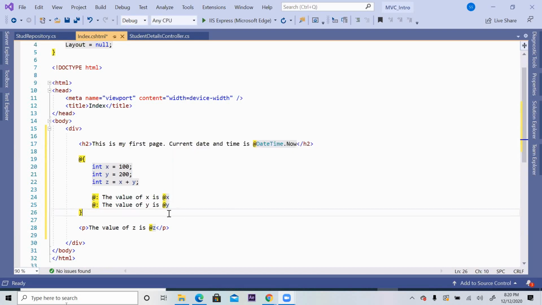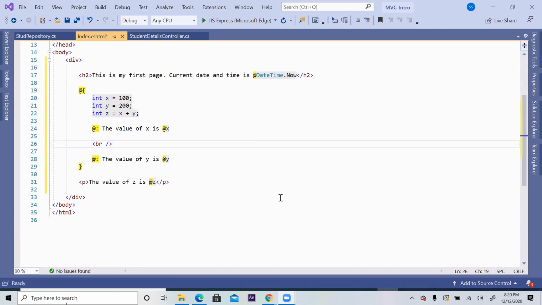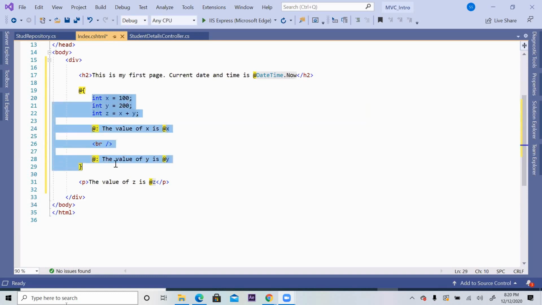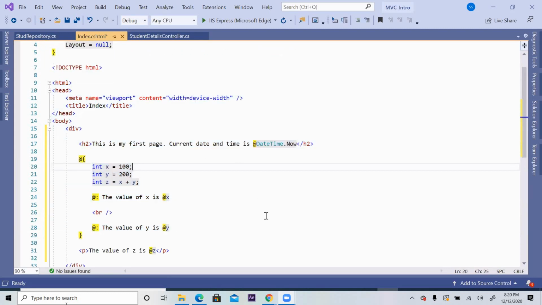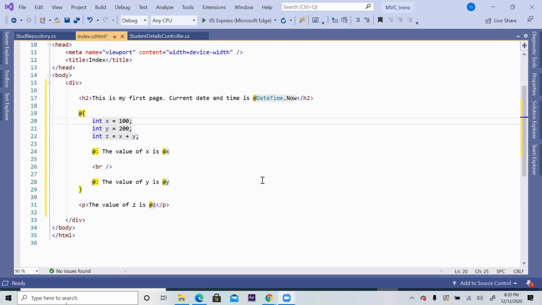This is about text. If you want to display any HTML tag itself, then nothing to worry. You directly go ahead and write it. Suppose line break, BR. You can do it, no problem. No @, nothing. HTML, anywhere, anytime, any tag you can mention, whether C sharp is going on or pure HTML is going on. You can anytime inform the compiler, because it's the document object model. So the document object model by default understands HTML script.